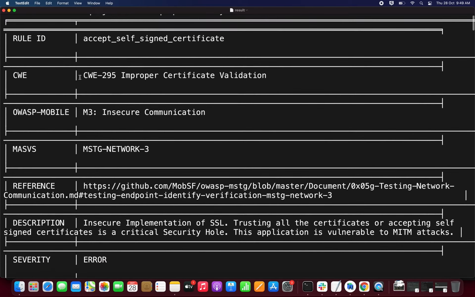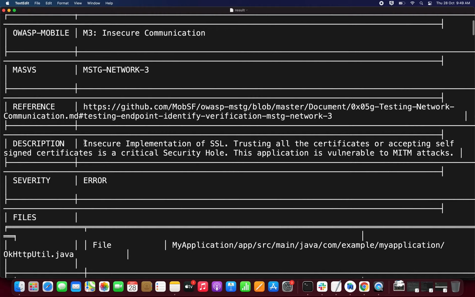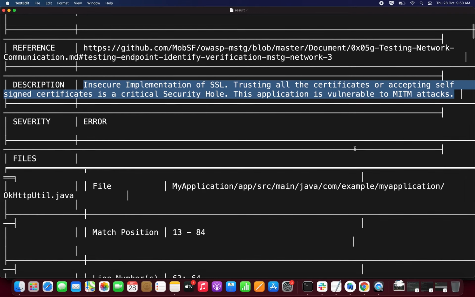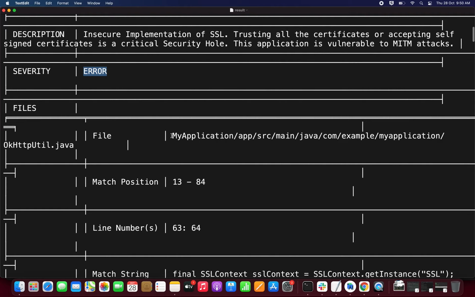First is accept self-signed certificate, the rule ID. Let's see the description: insecure implementation of SSL, trusting all certificates. This application is vulnerable to man-in-the-middle attacks. It also gives the severity level, and it tells the file name and the exact location. See, OkHttpUtil.java,